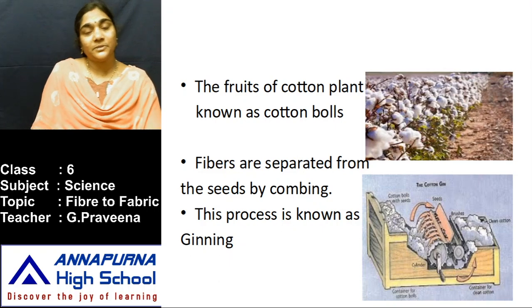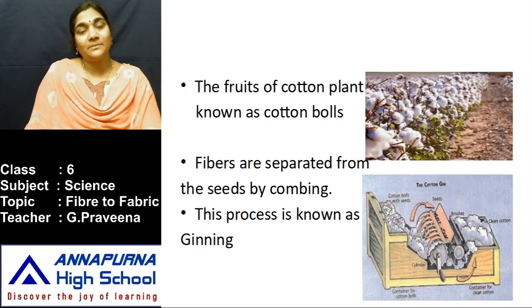Yes, so here in this picture, see, it is the field of a cotton plant. This cotton is grown in a fruit, what we call cotton bolls. When these cotton bolls mature, they burst open and we can see the seed which is surrounded by the fibers. Have you ever seen a cotton field where the cotton bolls have burst, in the sense where the cotton is being exposed? It might give the appearance of a field completely filled with snow.